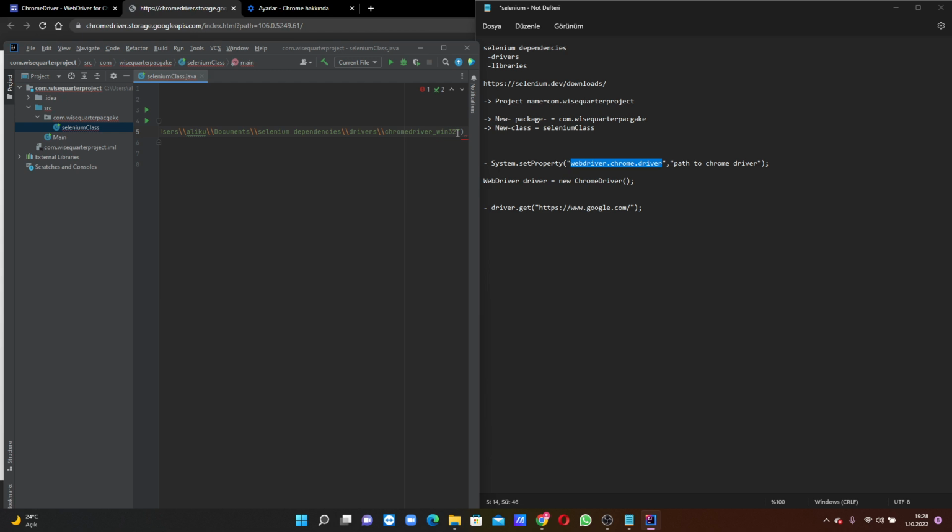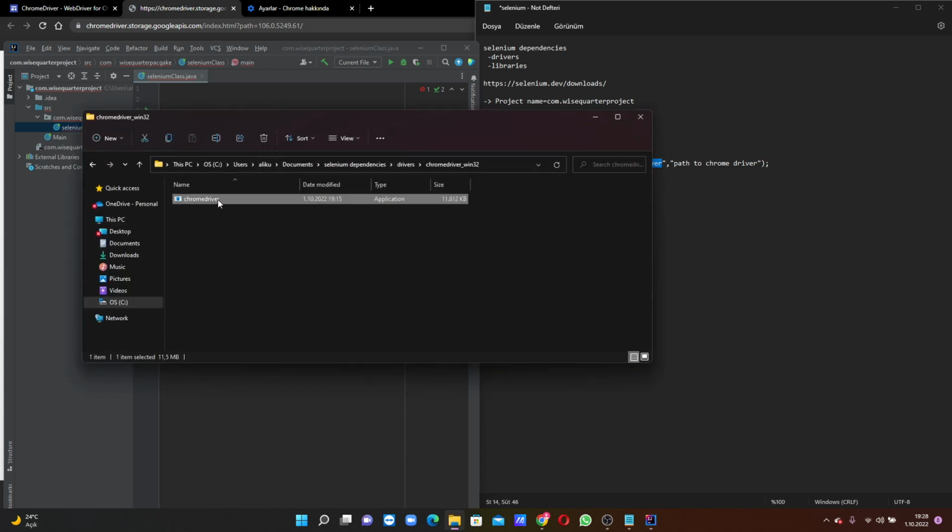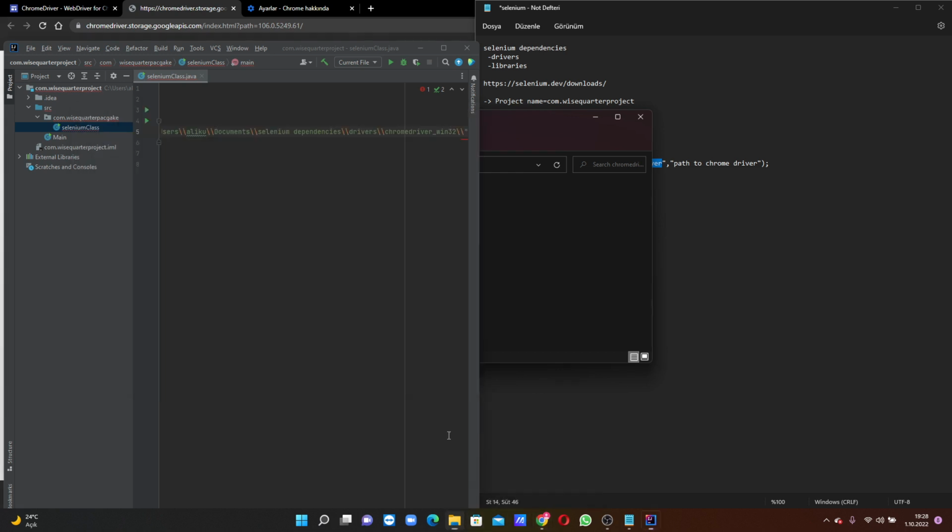It doesn't finish yet. We need to write it. We need to write the Chrome driver there, chromedriver.exe. Don't forget to put semicolon after the parentheses. Just put semicolon there,